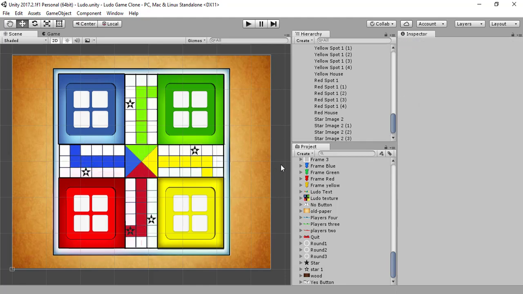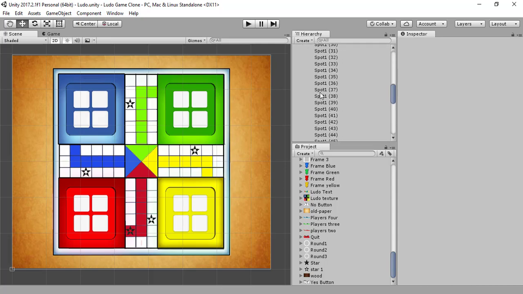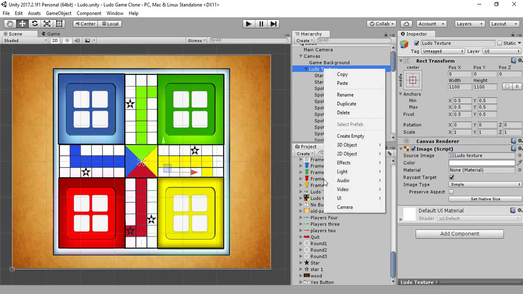Okay, so the stars are done, and now what we need is we are going to create some more images for our frames. Okay, and we need 4 frames that will determine which player's turn we are going to play. It will be used for whether it's the red player's turn, or blue, green, or yellow player. Now you will see what I'm trying to say. So let me create an image,